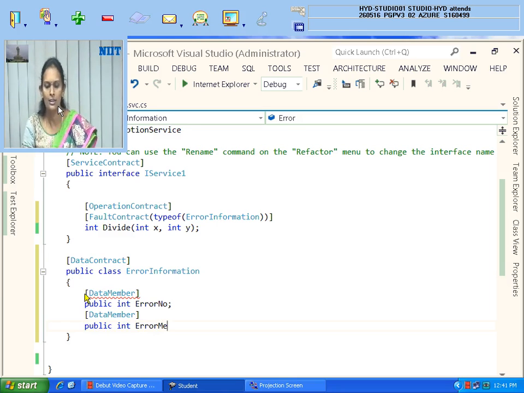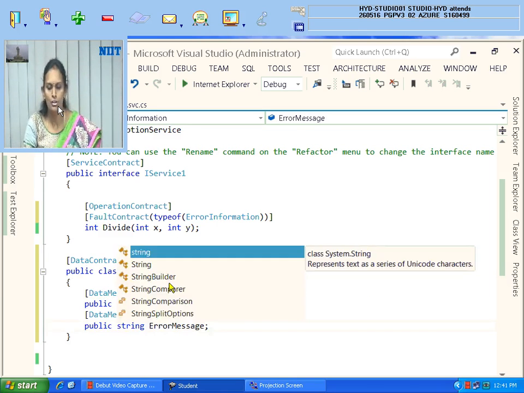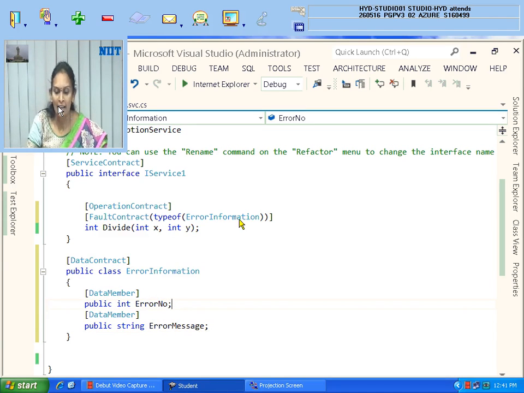Sorry, not int, I made a mistake, it's a string message. So now the red color is gone, you see. That means in case any error comes during execution, with the help of this class object I will redirect this information to the client, so it must be handled.